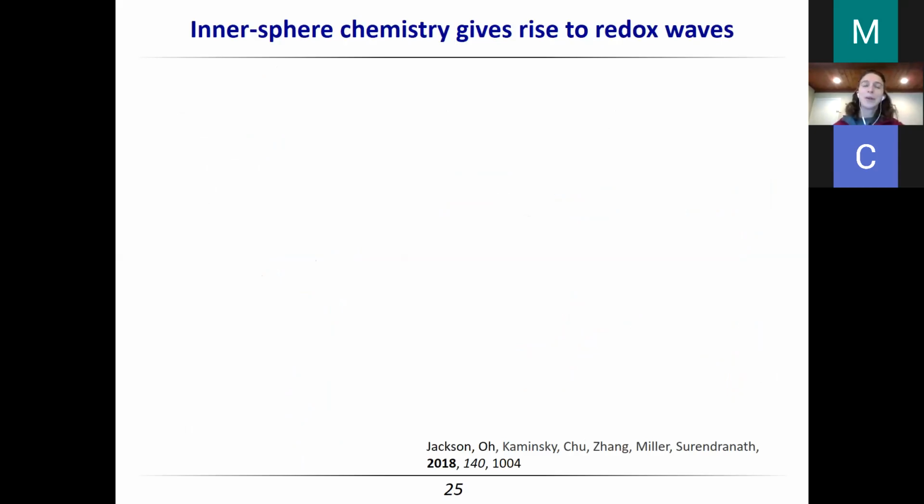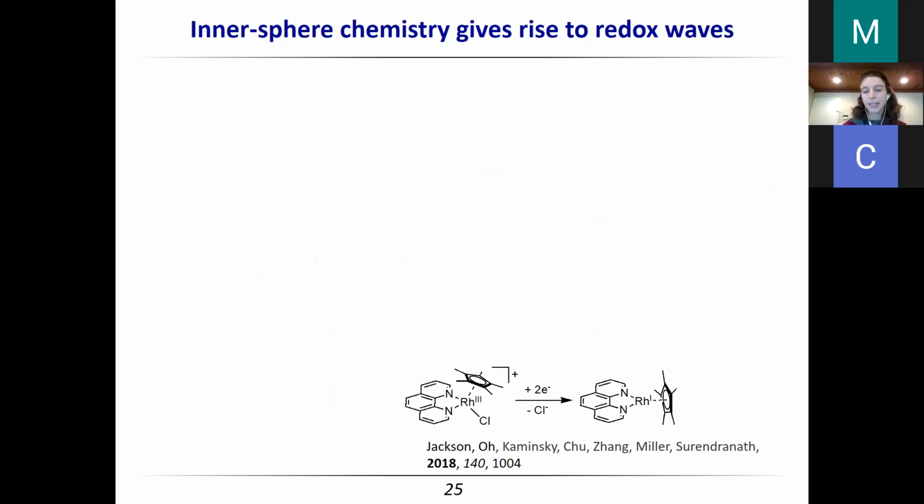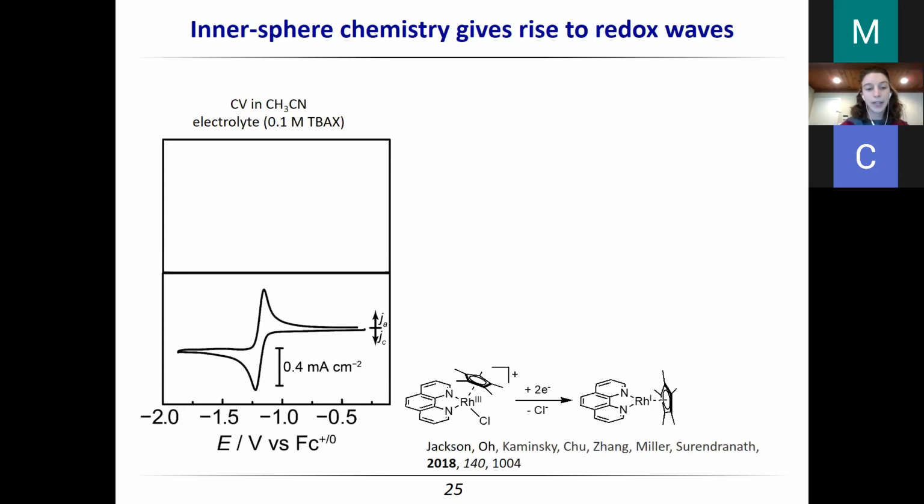Since we had the proton-coupled electron transfer reaction to study at just the phenazine that was conjugated to the electrode, we wanted an inner sphere probe for a metallic complex. So we chose this rhodium molecule. It's a rhodium Cp* phenanthroline chloride molecule, and it does reversible 2-electron chemistry. So here I'm showing you the CV. We're going from rhodium 3 to rhodium 1, and when it gets reduced, it loses this inner sphere chloride. Then when you oxidize it, it comes back and picks up the chloride again.